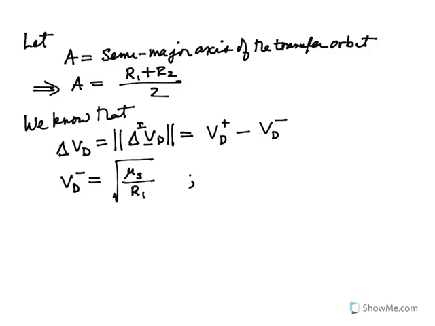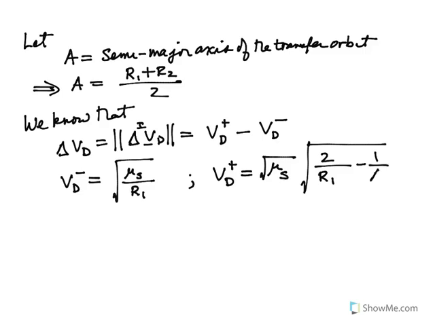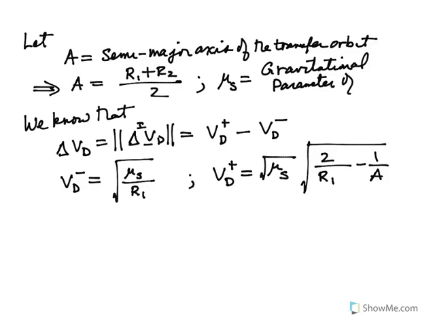I'll define all this in just a second. VD plus is equal to the square root of mu s times the square root of 2 over r1 minus 1 over a, where mu s is equal to the gravitational parameter of the Sun,